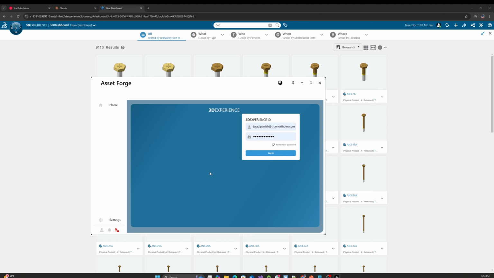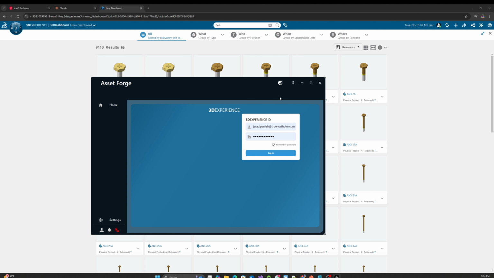Once the UI comes up, we can change to dark mode or light mode. You'll note that you can log in using your 3D experience credentials. Once the credentials have been approved, you can select your collaborative space, organization, and role just like you normally would